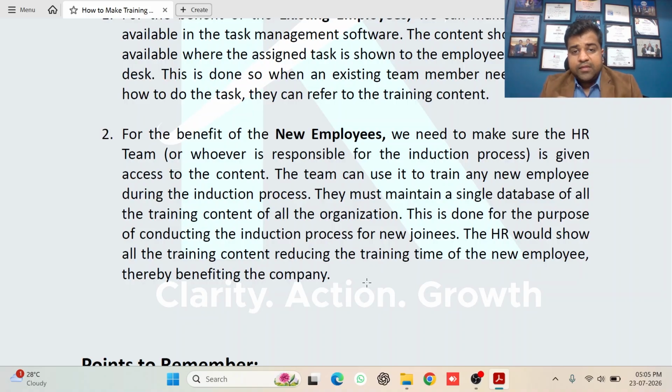The team then can use it to train the new employees during the induction process. They must maintain a single database of all the training content in the organization. This is done for the purpose of conducting the induction process of new joinees. The HR would show them all the training content, reducing the training time for the new team member, new employee,